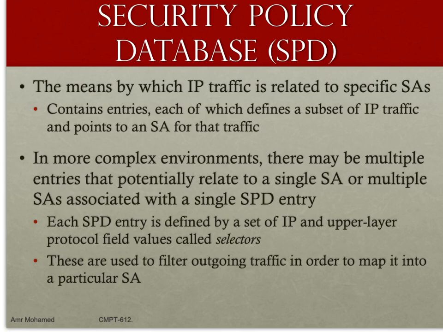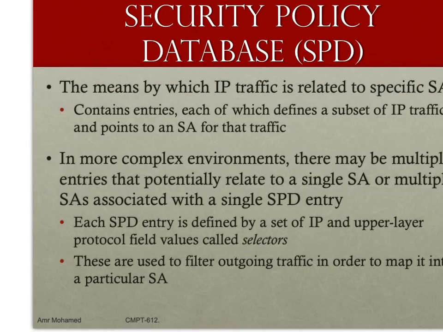Or I can focus on a certain type of traffic or certain application and apply the policy. Okay. Once I apply the policy, what does it mean? This tunnel will be extracted using this security association, which the information for it is going to exist in the security association database. So each security policy database entry is